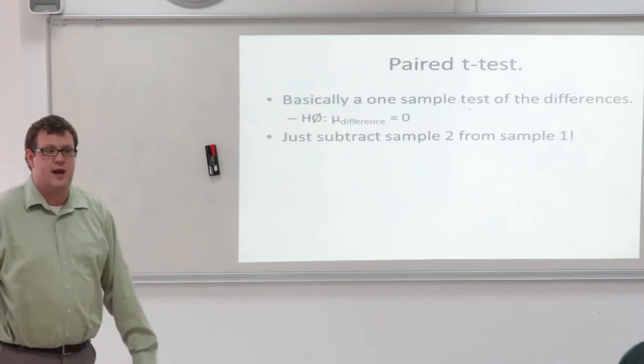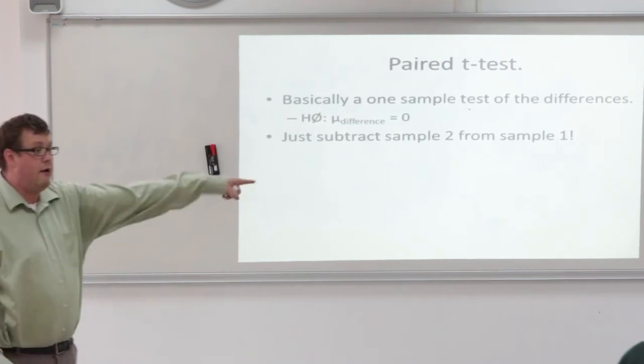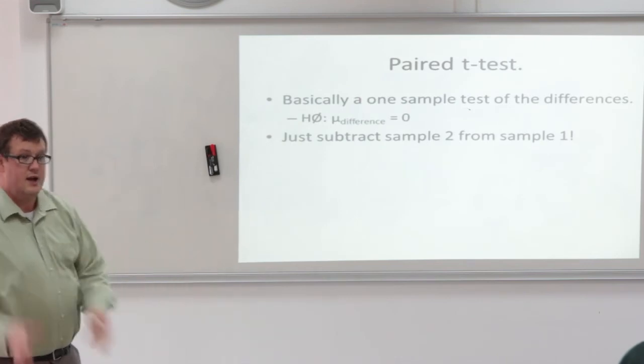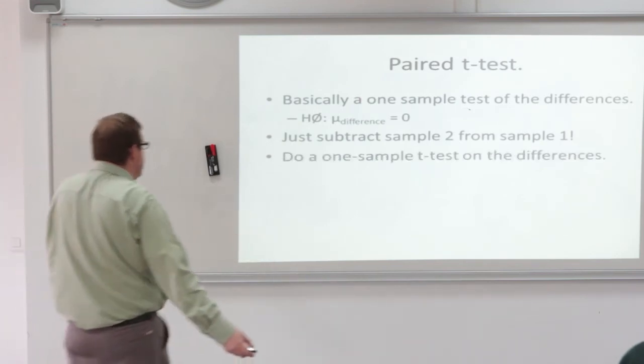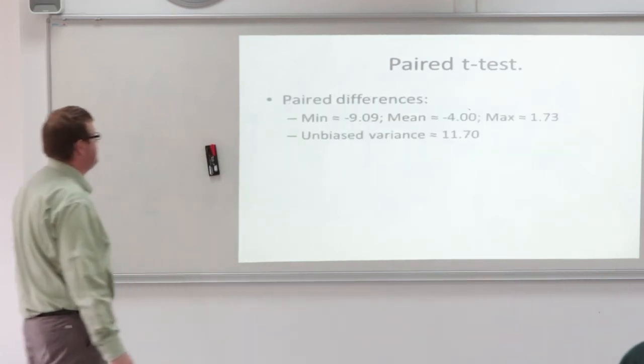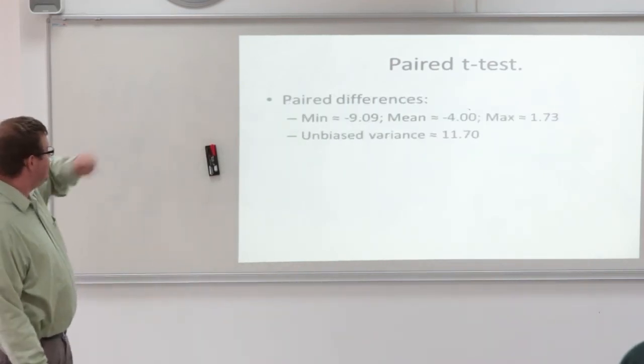All we have to do is subtract sample 2 from sample 1. And I already showed you guys how to do that. You can just say sample 1 minus sample 2, and R will take care of it for you. All right, then we can do a one sample t-test of the differences. Oh, shoot. Okay, so the paired difference